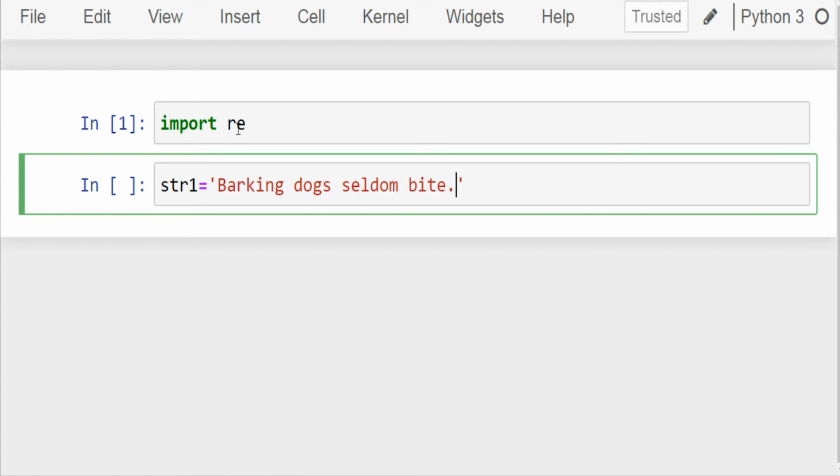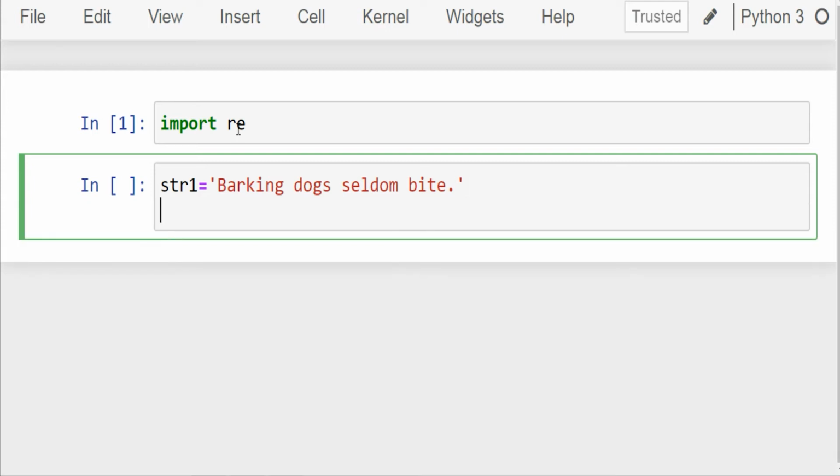If you want to match dog in this string, you can use a regular expression for it. So let's first create a variable pattern and assign it the pattern dog.